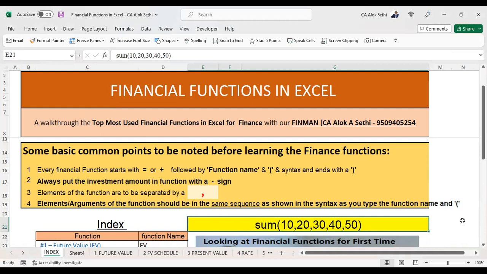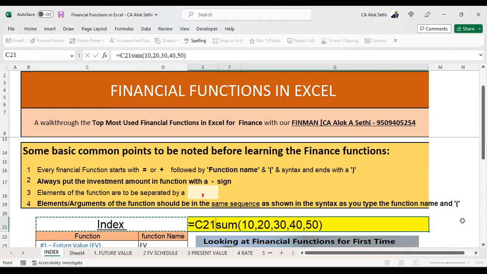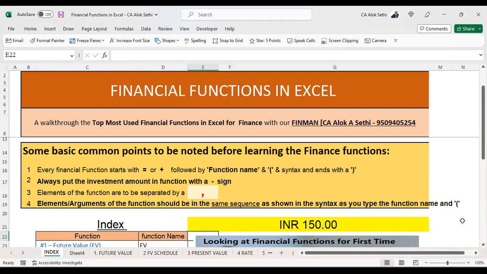No. Why? Because we have not put an equals to sign. So it is very important to make Excel realize that it's a function. You have used a function, so equal to is important. If you don't put equals to, you'll not get anything. Once I put this equal to sign, you can see now I'm getting INR